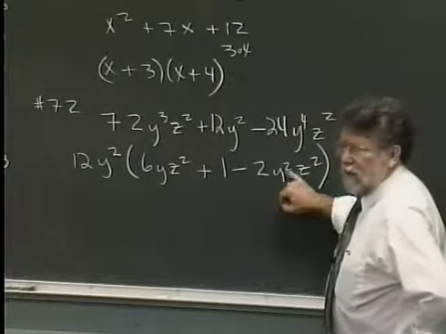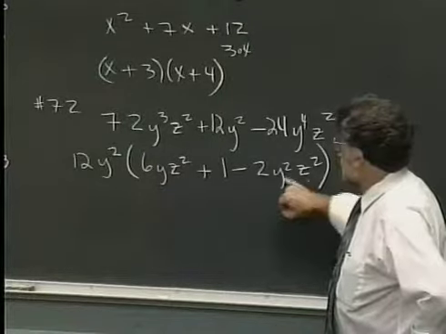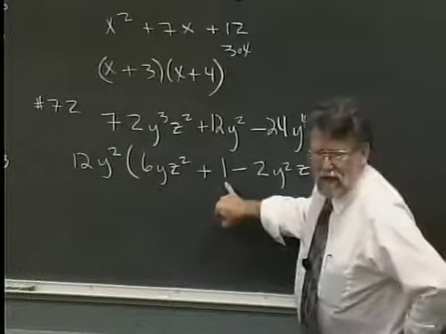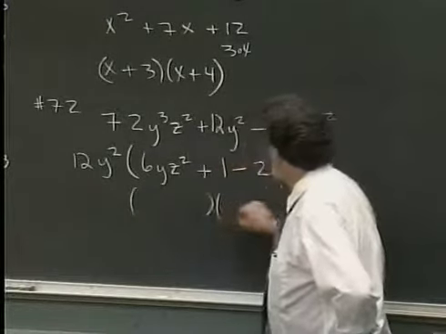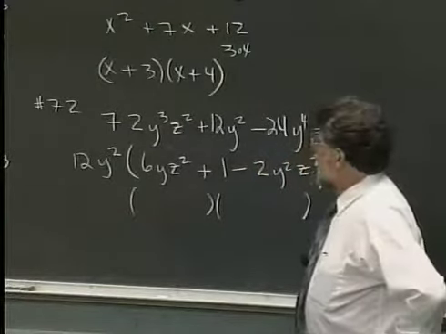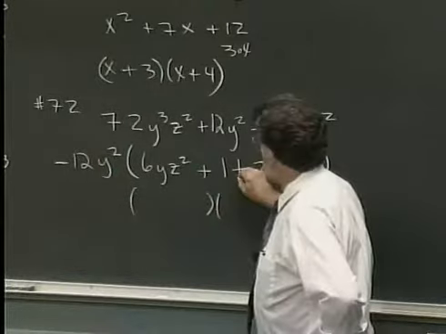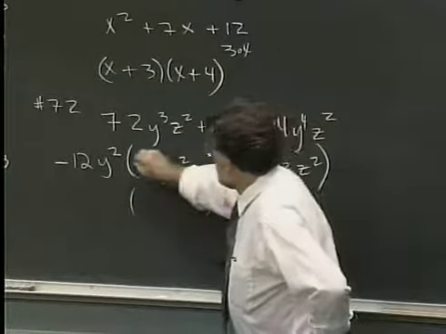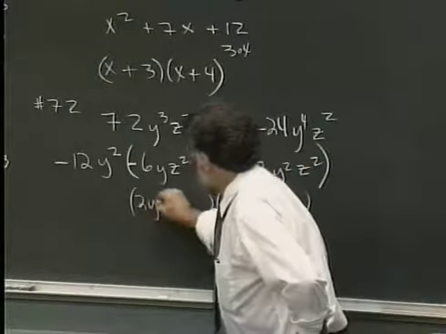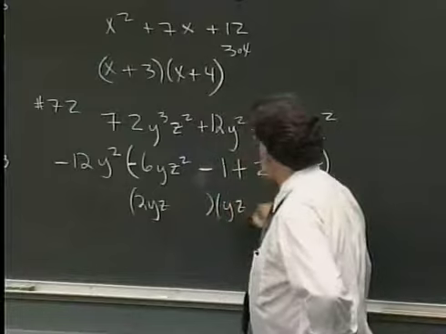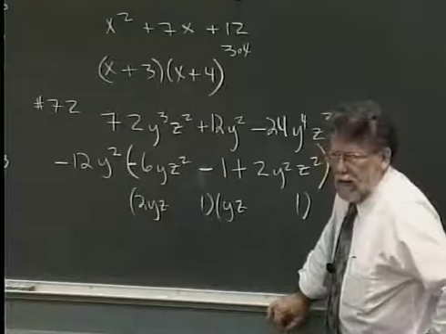Again, this would have been y squared z squared, so in a trinomial, that's my second degree term. I'd have to have a yz here. Here's my constant. So if this is factorable, and I look at that from the idea of what could it be, I would more than likely factor out a negative here, put this as a positive, make this a negative, and make that a negative, so this is a positive here. Then I knew that that would have to be 2yz and a yz. This would have to be a 1, that would have to be a 1,